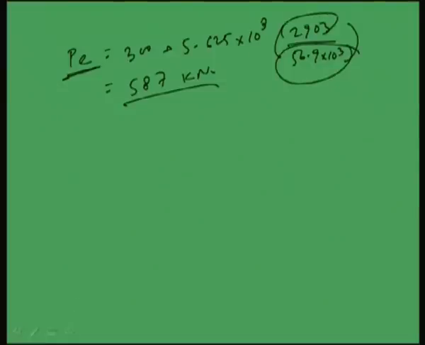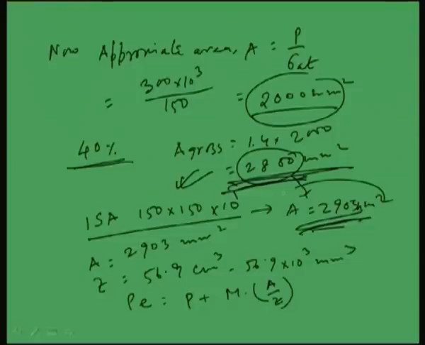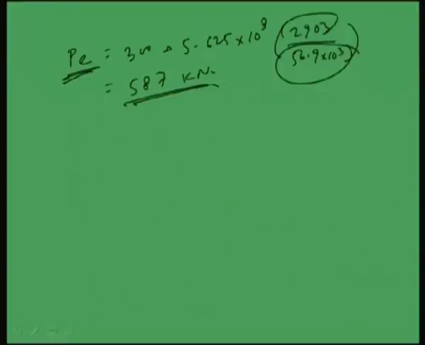So first our objective is to start with some gross area. After finding out the net area considering only tensile force, we are going to get the gross area, and from that we find out some appropriate section. After finding out the appropriate section, we will find out the equivalent load, and then again we can find out an approximate section. Now from here net area will be PE by sigma at, that means 587